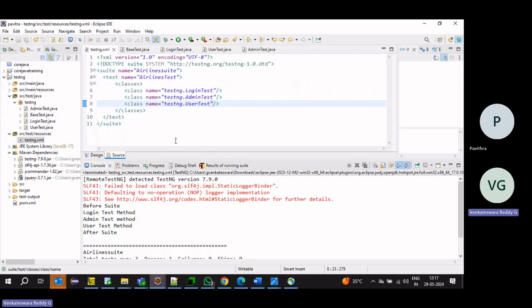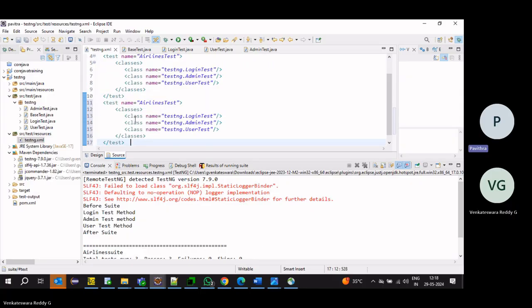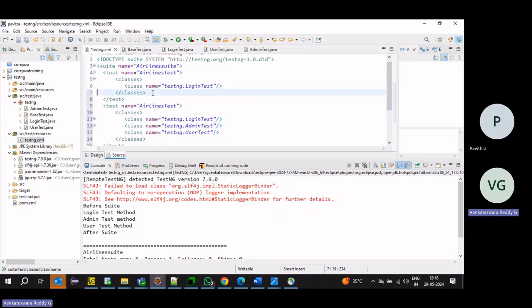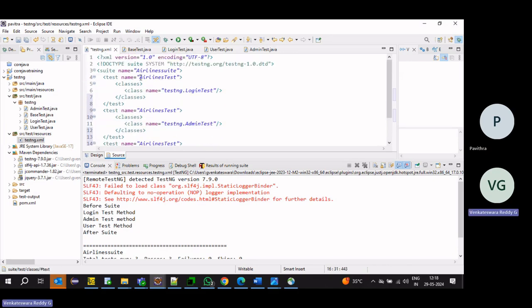So for that, what I have to do, we can make it as a before test and after test. That means we can make it multiple tests. Then remove. This is only for login. Then this is only for admin. This is only for user. Then we can make it as this is the login test. That means this is one module.